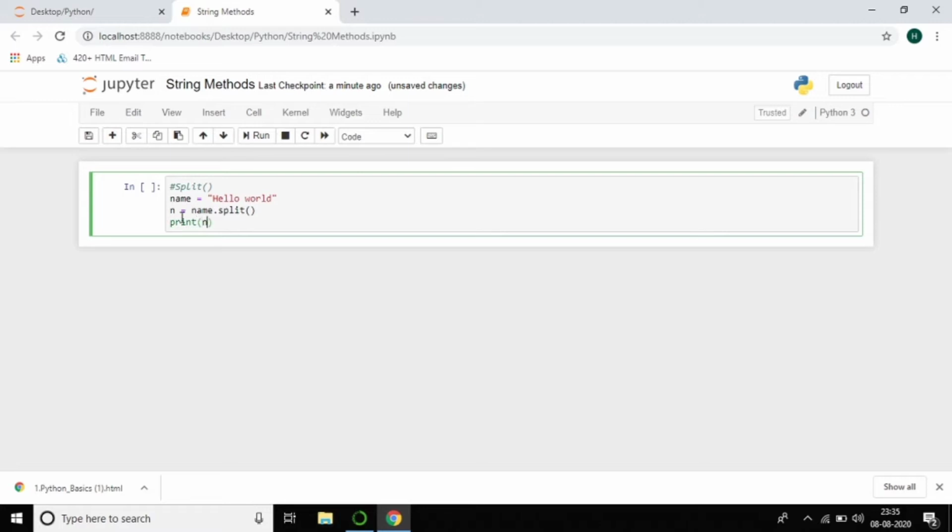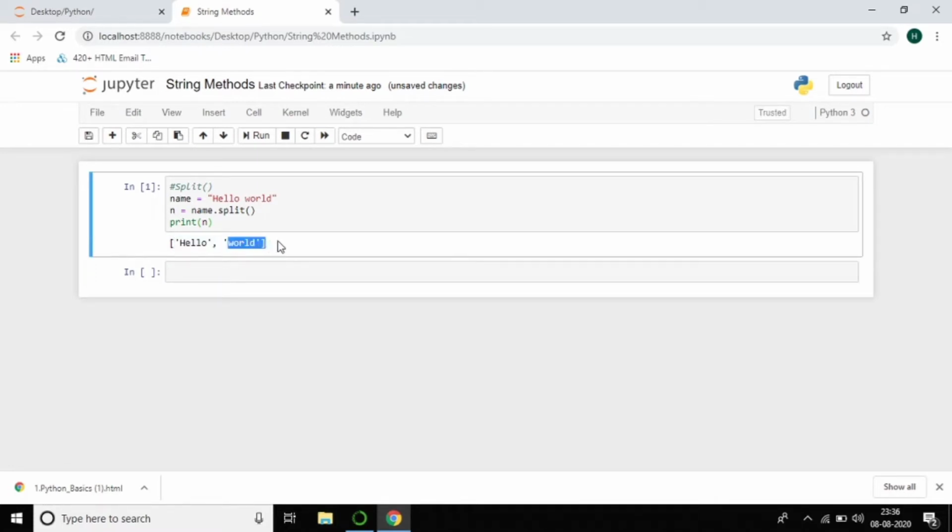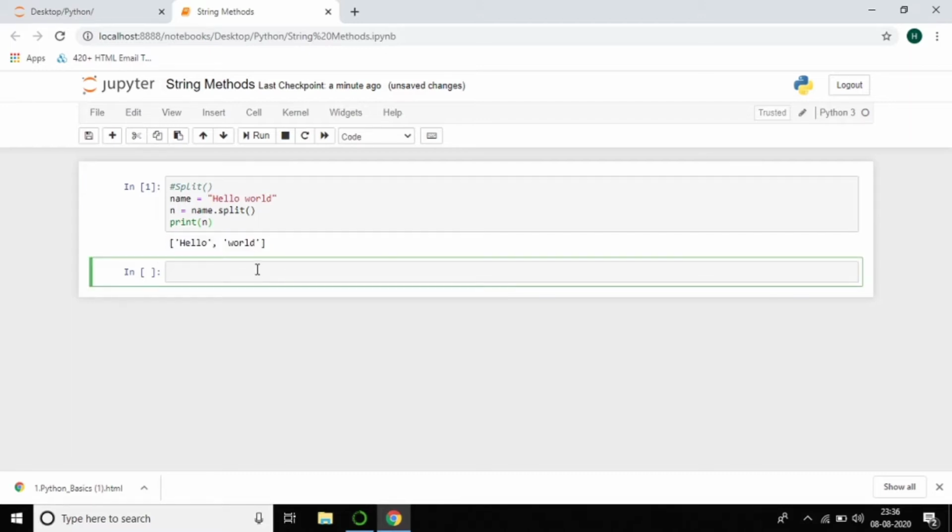You can see the output is separated by commas and it is in list format. So this is the way to split a particular string.